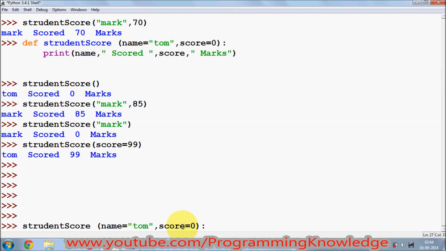For example, the student has scored marks in language, marks in programming, marks in maths, or marks in some other subject, and you want to pass the parameters, but you don't know the number of subjects the student is